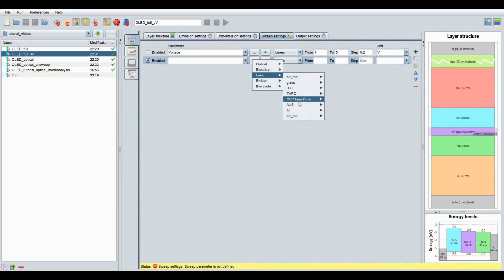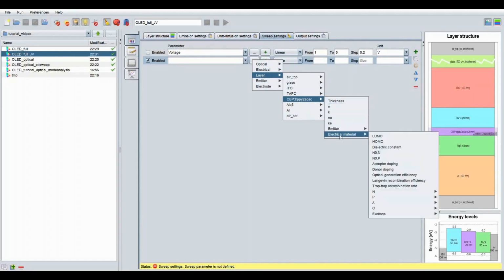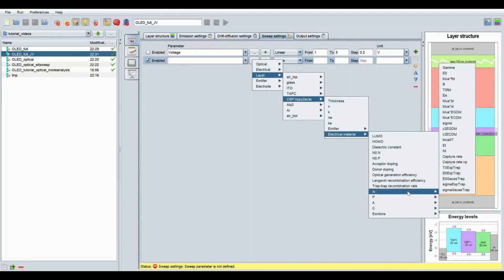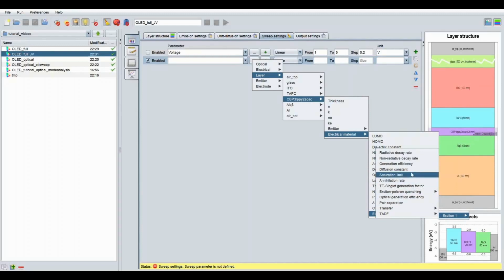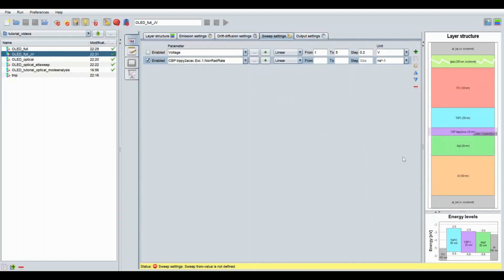I choose here the electrical material properties of the emitter, the exciton, and for instance, sweep the non-radiative decay rate. This was 0 so far, and I can, for instance, sweep it from 10 to the minus 4 to 1 per nanosecond. So this corresponds then to the radiative lifetime. And I do this in a log mode, so 1 per decade.